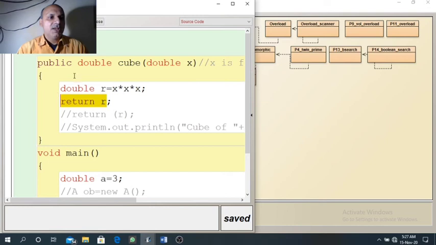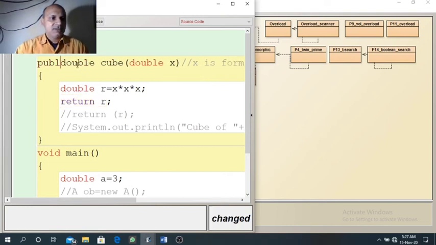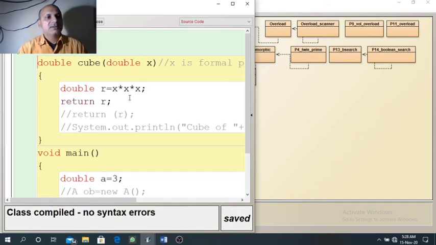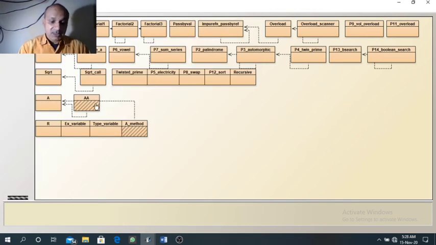If we don't use any access specifier, like here, you can see in this example, cube doesn't have any access specifier mentioned because it is optional. So now in this case we will see whether it can be used outside. Yes.